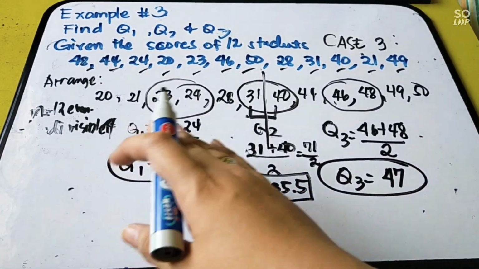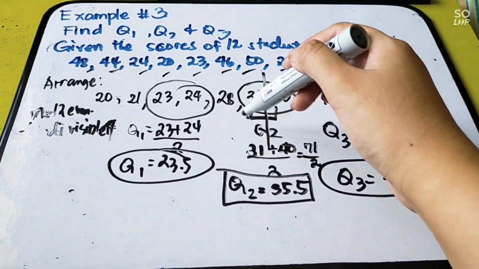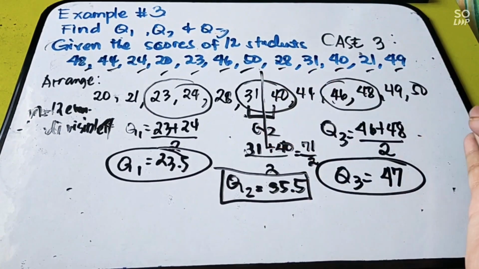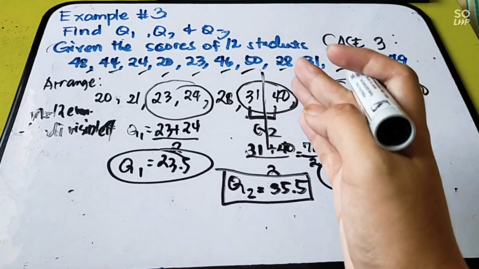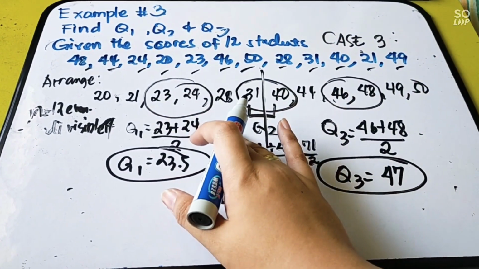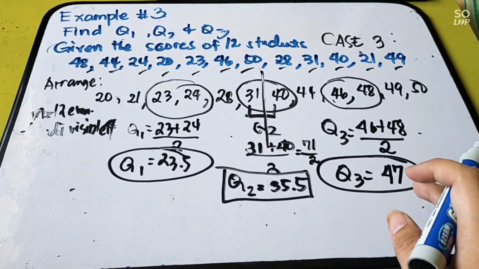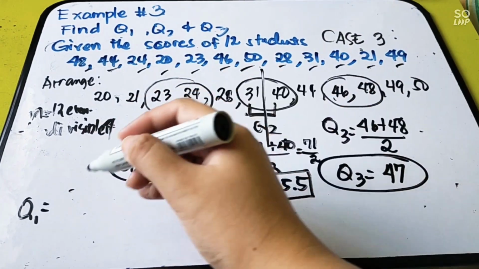Pag case 3, even siya, divisible by 4, para kuhanin mo muna yung gitna, ito yung pinakagitna. Then, afterwards, hatiin mo sa dalawang parte, yung inyong numbers. And then, kuhanin ulit ang gitna, then divide it into 2, kuhanin ulit ang gitna, then divide it into 2. Okay? So, meaning, ni first quartile 1, we have